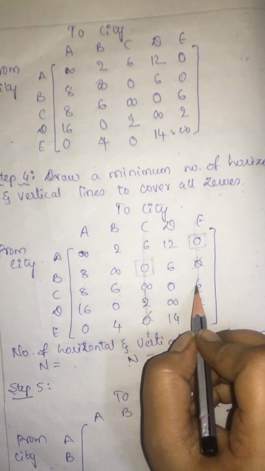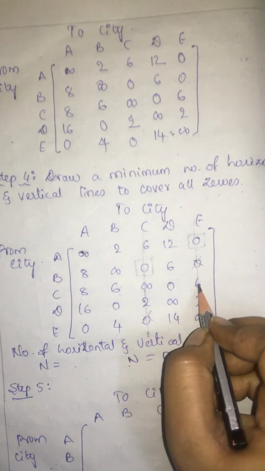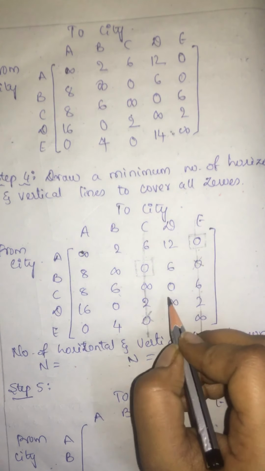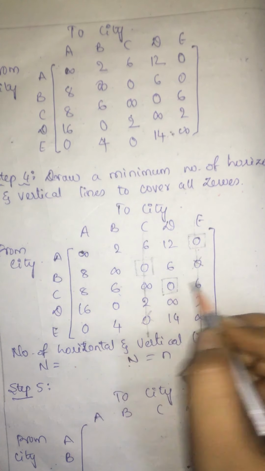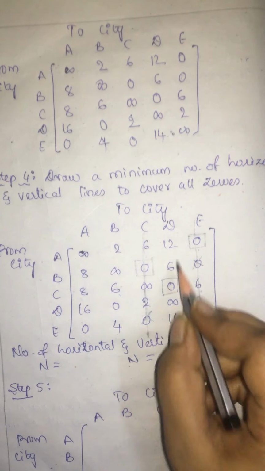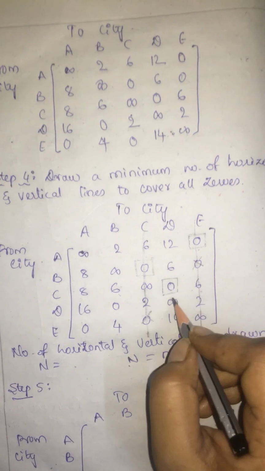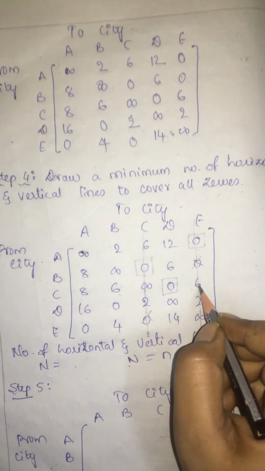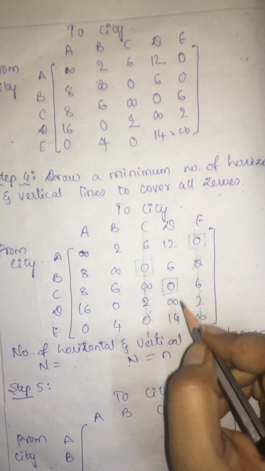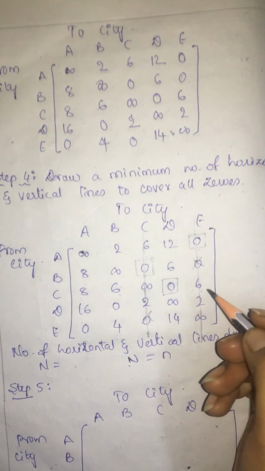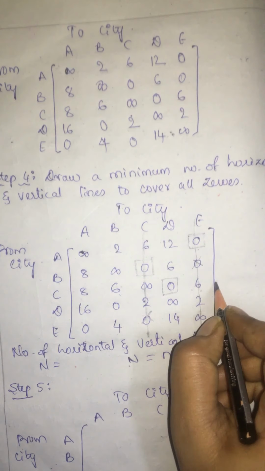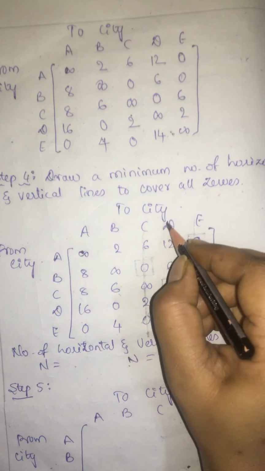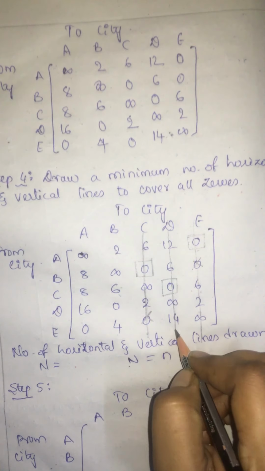So take the third row. In the third row, is there any single zero? There is a single zero. So now allocate this single zero. Whichever zeros are in this row and the column, strike out. So look at this. There is no other zero in the row, and there is no other zero in the column. So it is allocated. Since I have taken an entire row into consideration, draw a vertical line.